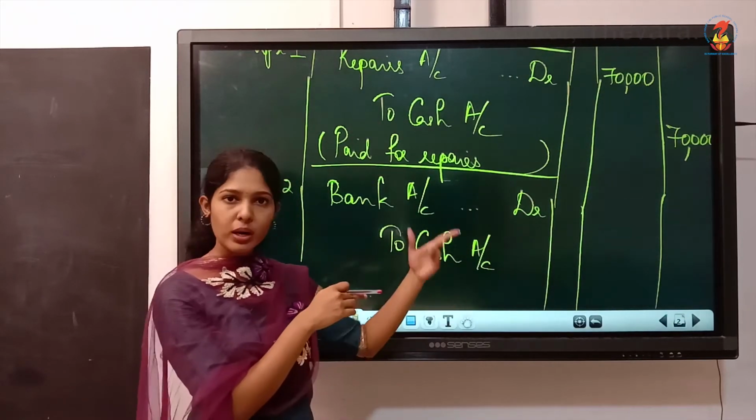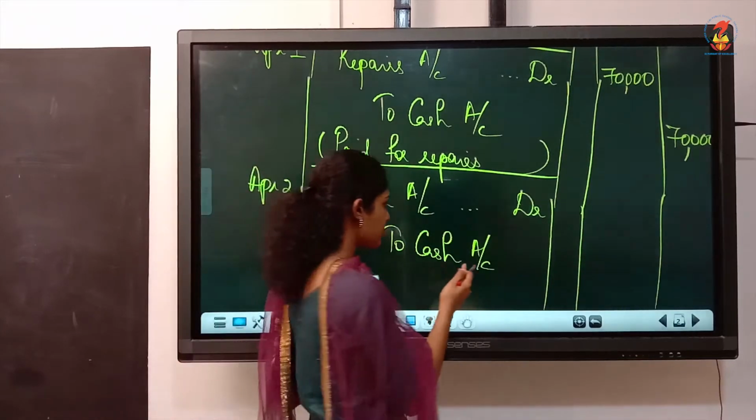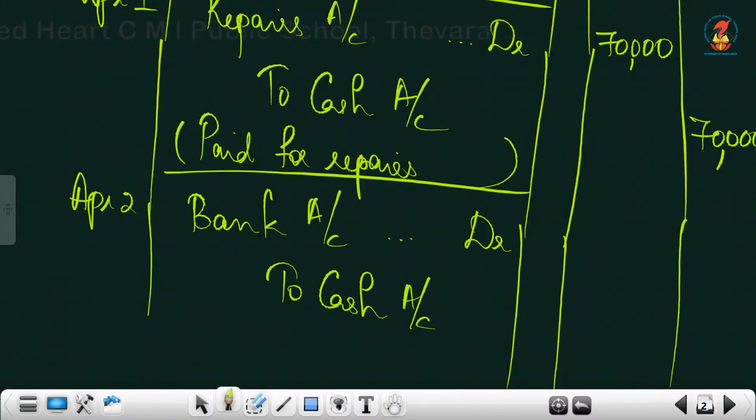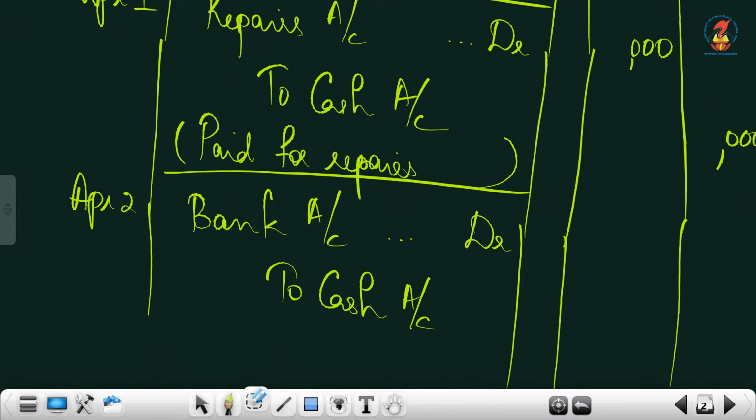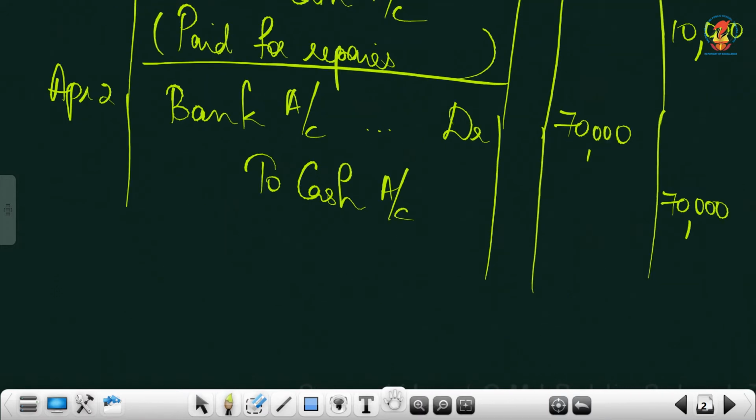You just identify one, the other you can write the opposite. If one is to be credited, automatically the other will have to be debited. Here, paid into bank, is the amount 70,000? Oh, the previous amount was 10,000, just correct it. This one is 70,000. Just correct it and write. Okay, so the narration can be paid into bank.